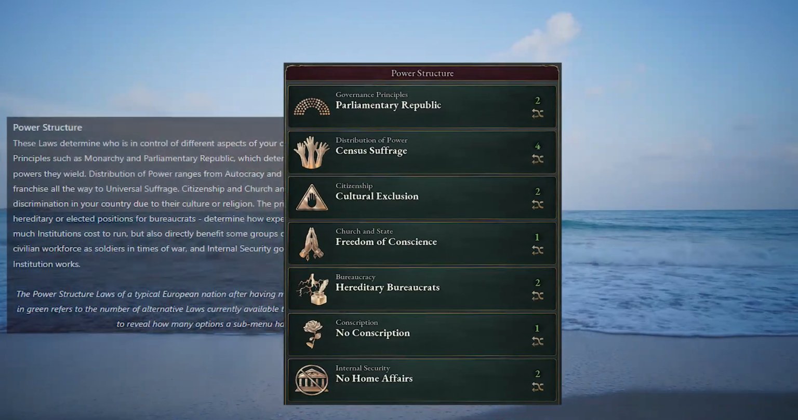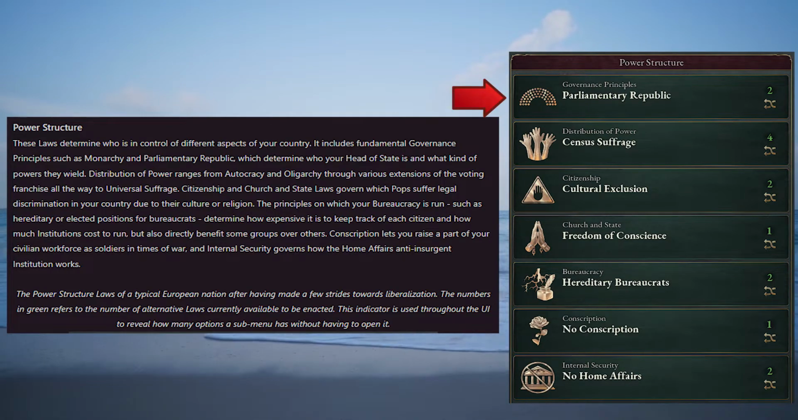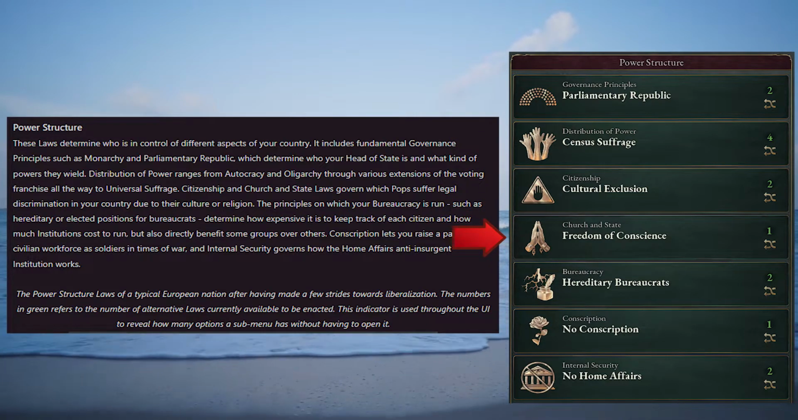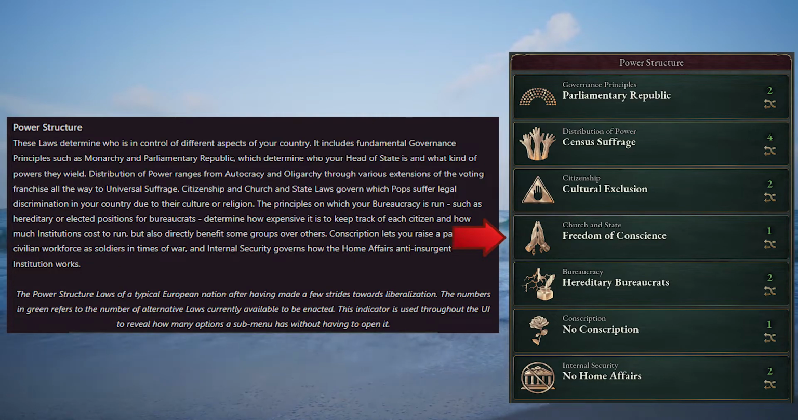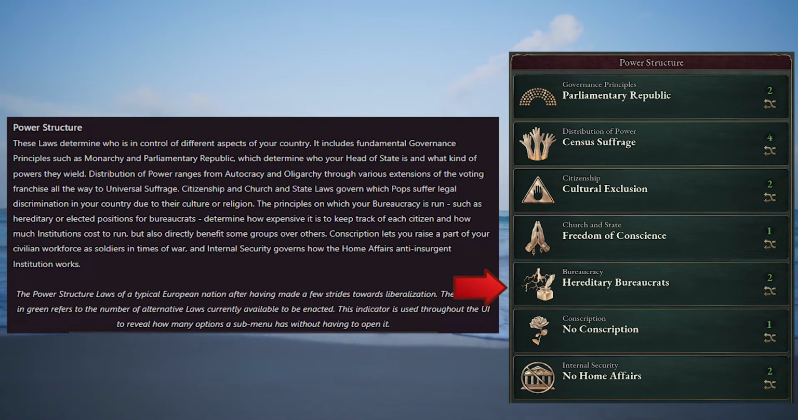Power structure laws determine who holds the power to control various aspects of the nation. The subcategories shown here are governance principles, deciding whether you're a monarchy or republic, for example; distribution of power, ranging from autocracy to oligarchy to universal suffrage; citizenship, and church and state, both of which determine which pops suffer legal discrimination; bureaucracy, and how it is run, as in whether bureaucrats are inherited positions or elected; conscription, allowing for emergency soldiers during wartime being drawn from the general populace; and internal security, which governs how anti-insurgency groups operate within your